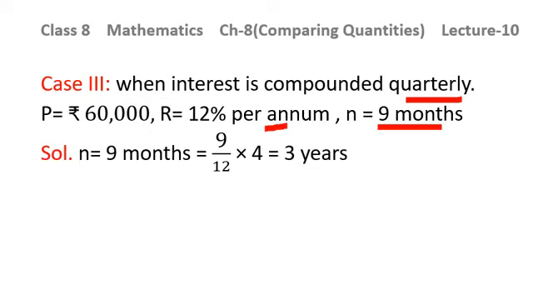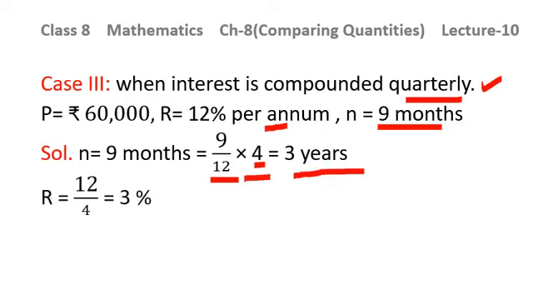As I told you, when the interest is being calculated quarterly, you need to multiply the time by 4, because there are 4 conversion periods, 4 quarters in a year. So first of all, you convert into years, and then into 4, it will give you 3 quarters. And then the rate will be divided by 4, so it will be 12 over 4, that will be 3%. And then you know this formula. In this formula you need to put the values of principal, rate and time.